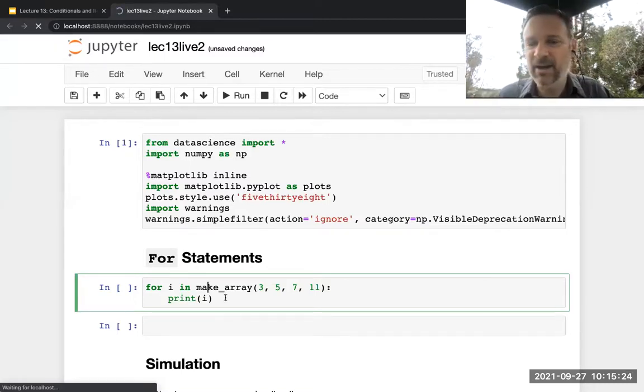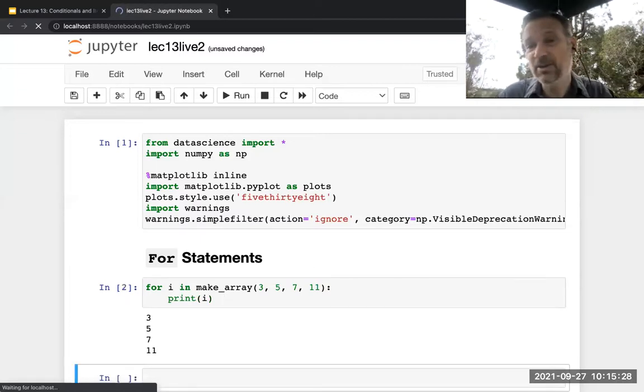Yeah, it's going to display 4 lines because it's going to run the print statement 4 times. There are 4 items in this array, and the for loop will first assign the name i to 3 and then run this code, and then assign the name i to 5 and then run this code, and then assign the name i to 7 and run this code, and then assign the name i to 11 and then run this code.